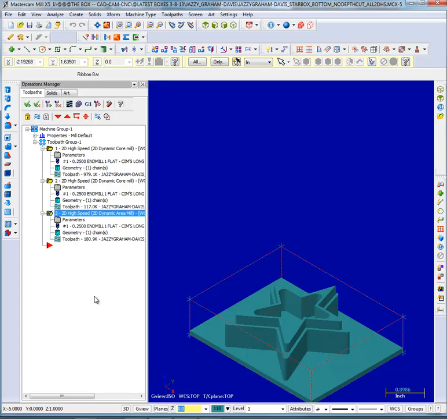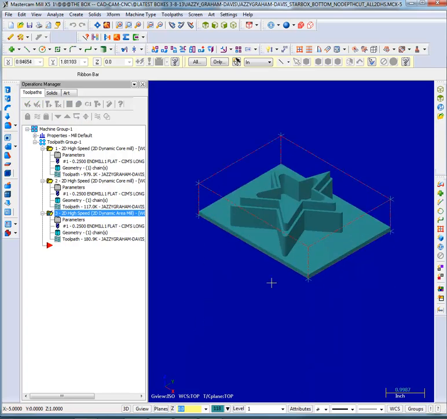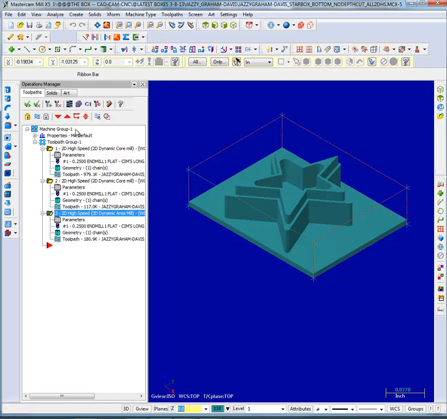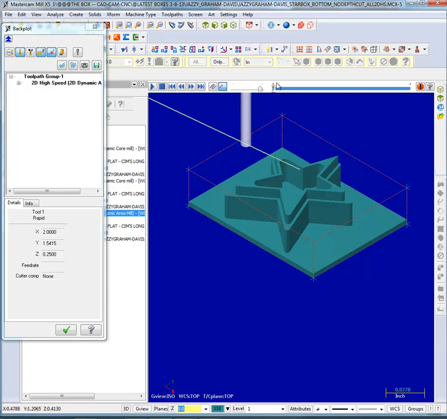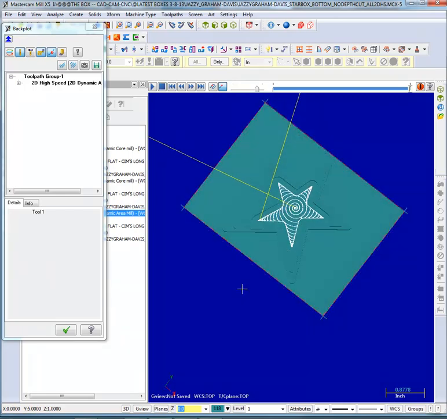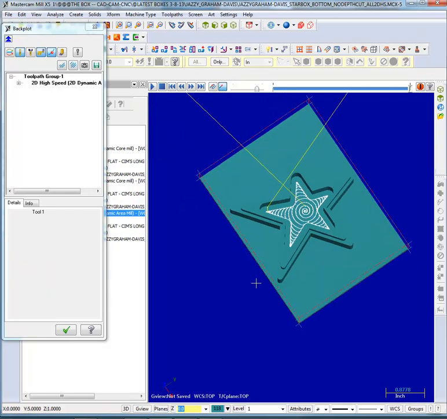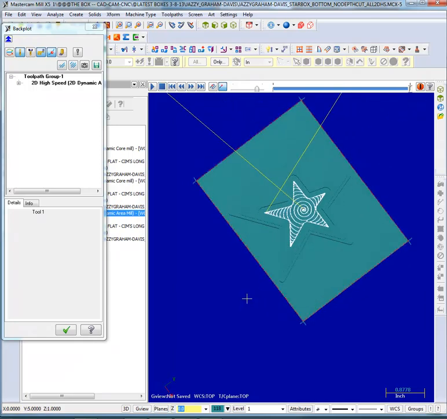So now I'm going to do a dynamic area mill. That'll be for the center of the box down in here, and let's see what that looks like. Slow it down a little bit. Okay, so it's going in there and it's doing its best to grind out what's inside there. This particular part I don't think has full rotational symmetry, so I think some of the